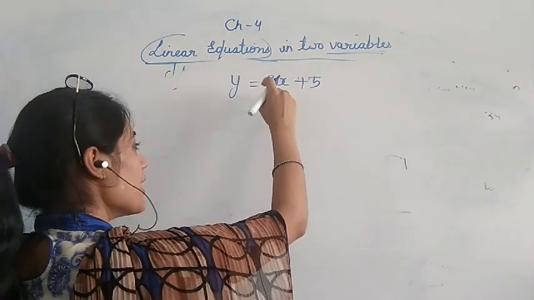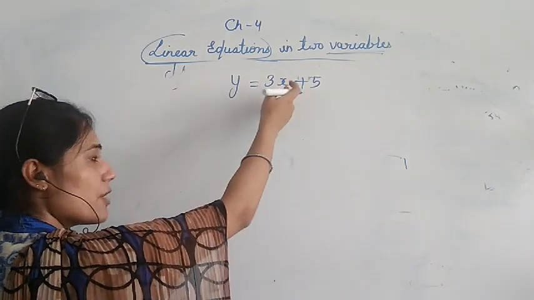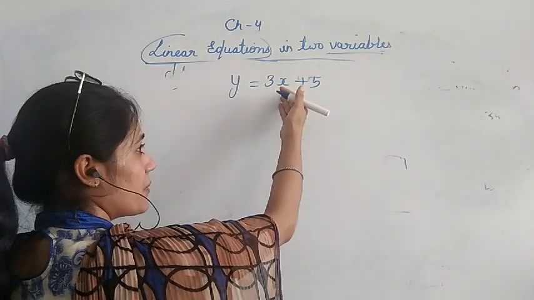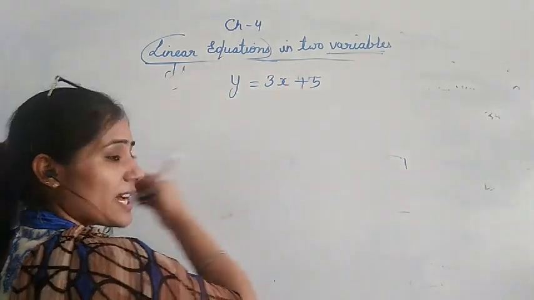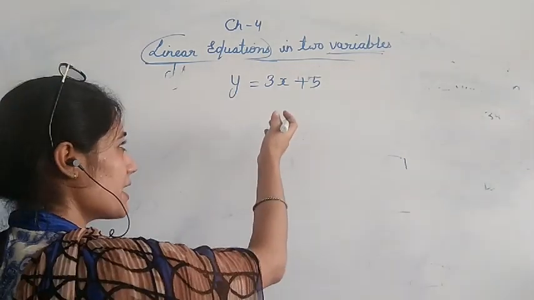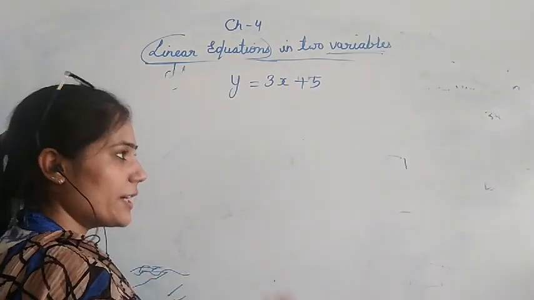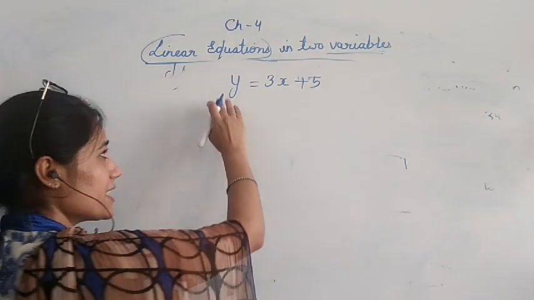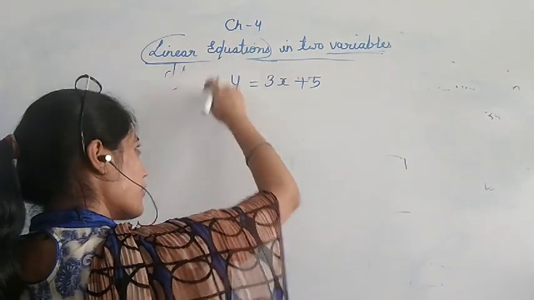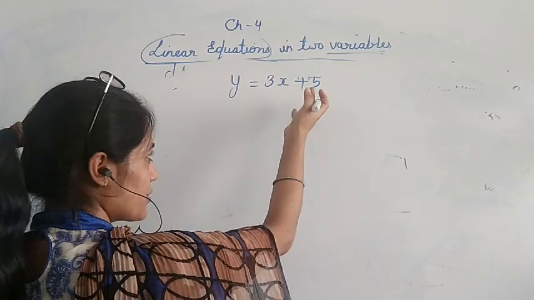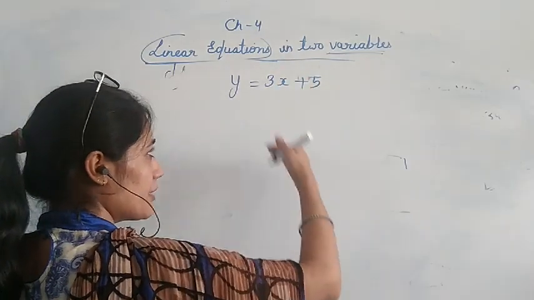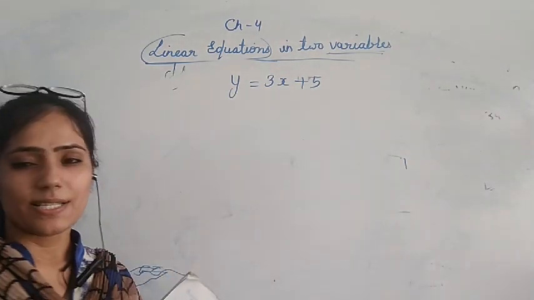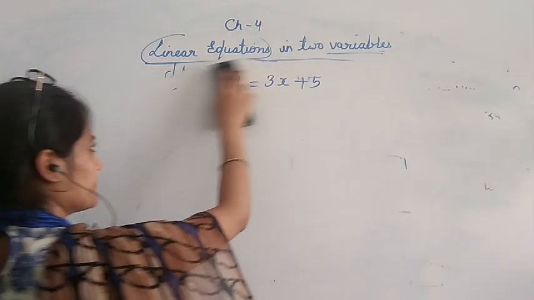First, you know this thing, if I am putting different values of x, I will get different values of y. Okay, so it means any value if I am putting, I will get another value of y. So these are having infinite solution. This is not having any unique solution. We can find more than two solution. You got it? Why infinite? Because it is a linear equation in two variable. And if I am putting y value, then I will get x value. So many values I can get. And same here, if I am putting different values of x, I will get different values of y. So this has infinitely solution.